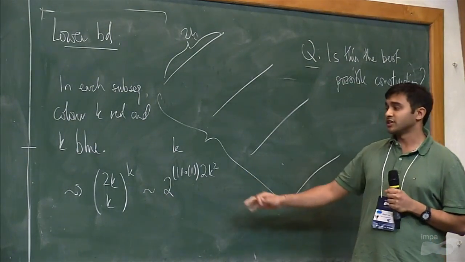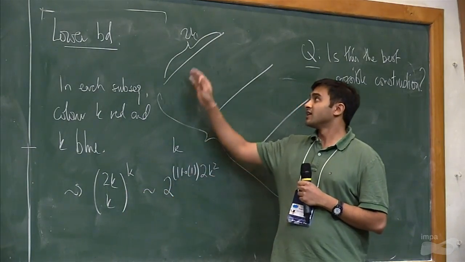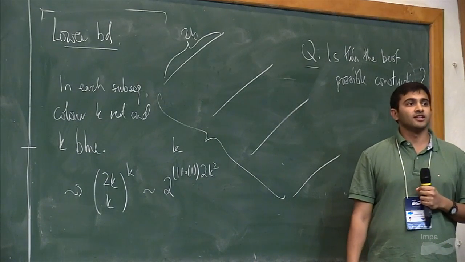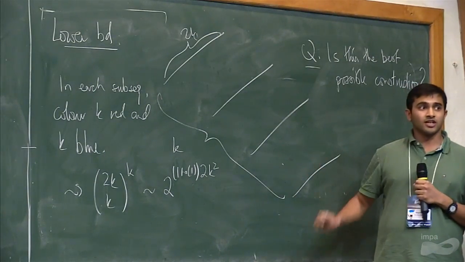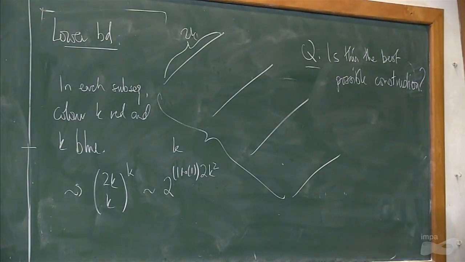And then of course you can generalize this to having more than two colors. You could have r colors instead, and then you have a multinomial coefficient instead. That I'm not so convinced about whether that should be best possible, but for two colors I can't see anything better. Okay, so thanks. Any questions about the problem?